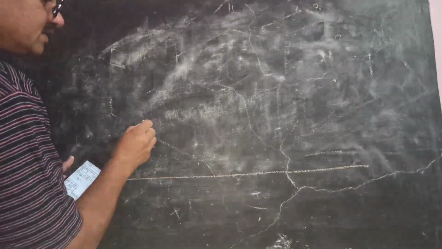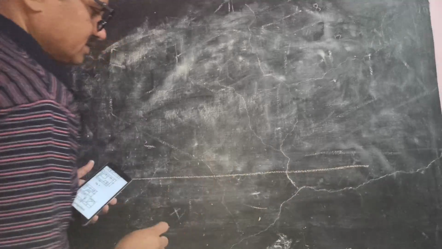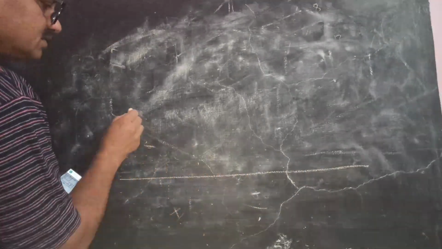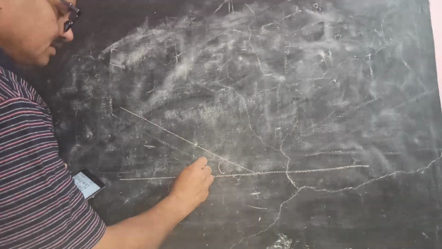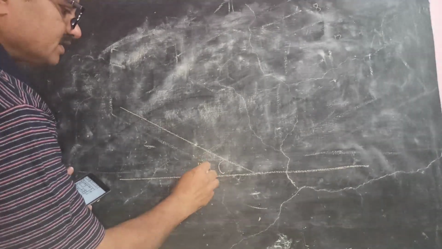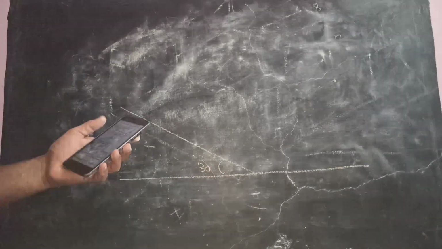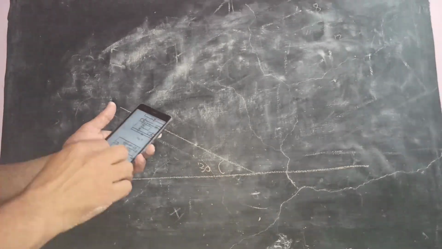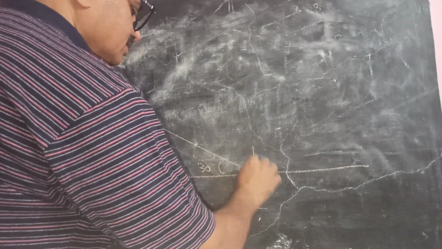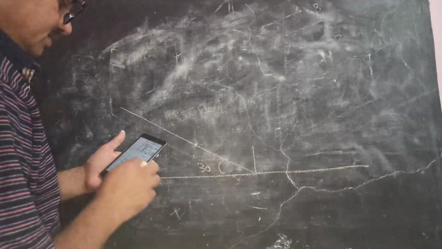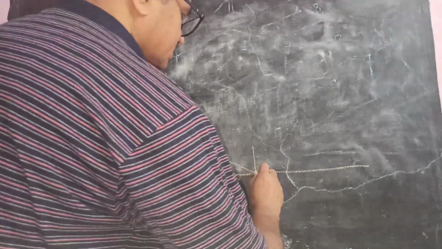So length is, draw a horizontal line at 30 degrees to this, draw a line of 56 mm. Okay, this angle must be of 30 degrees. We will draw the platform first. This platform is having 8 mm. So this is 8. Then the width of this is 32. So this is 32.